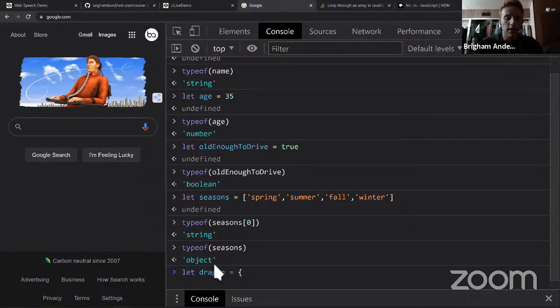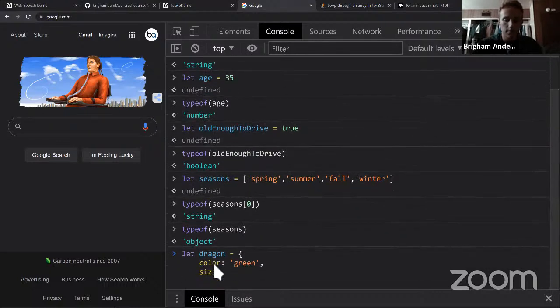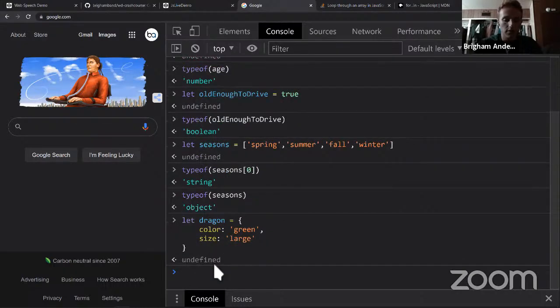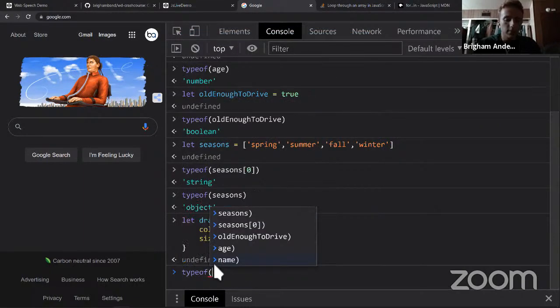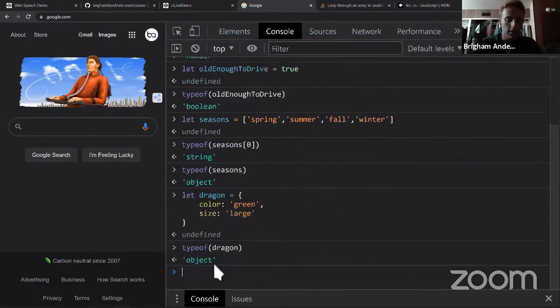And we wanted to have color, make it green, and size, just do large, okay? All right, so what type is this dragon as a whole? Type of dragon. There we go. Dragon is an object,